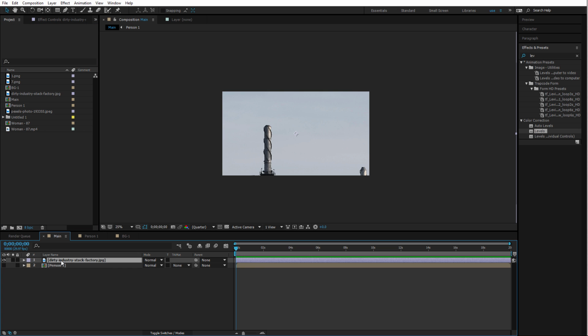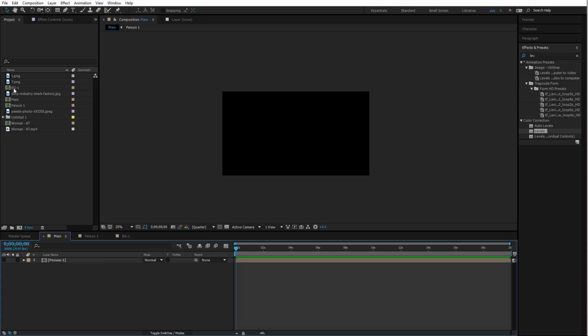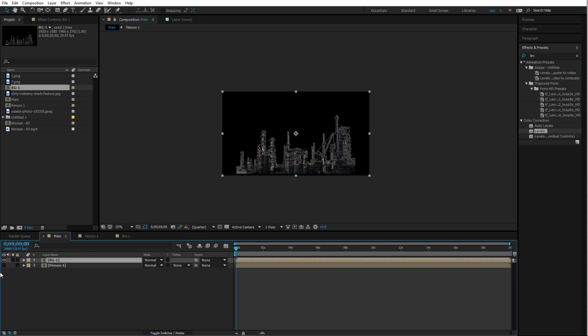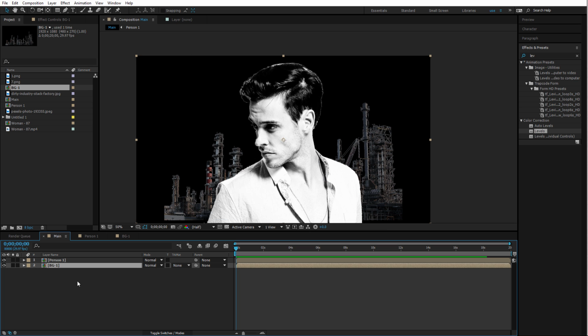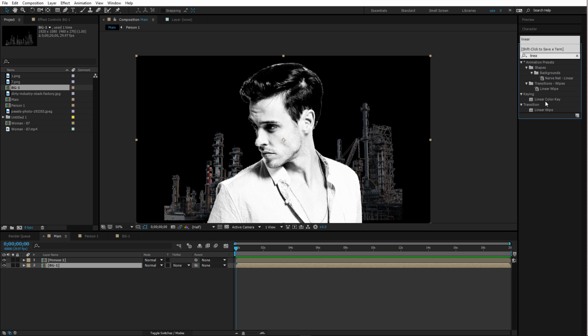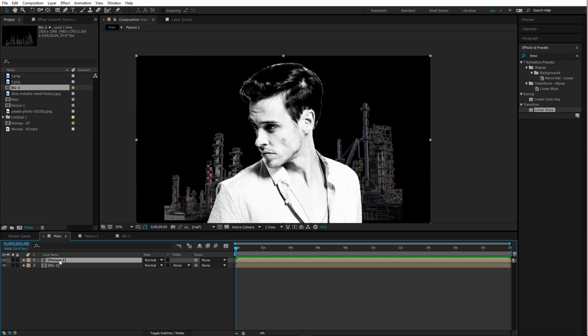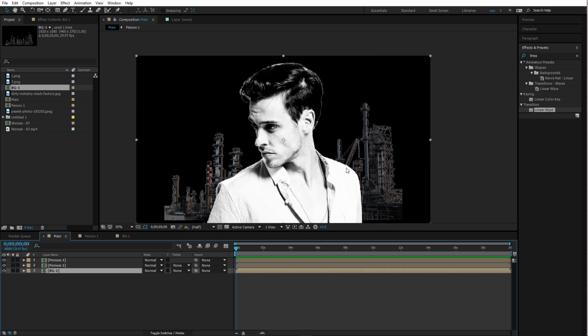and let's delete this and let's import the background, turn on the person, move it here. And so now what I want is for this background to be on top of his head, and to do that we need a linear wipe effect, and we also want to duplicate the person layer one time. You can do that by Ctrl D. And now I'm gonna adjust this background